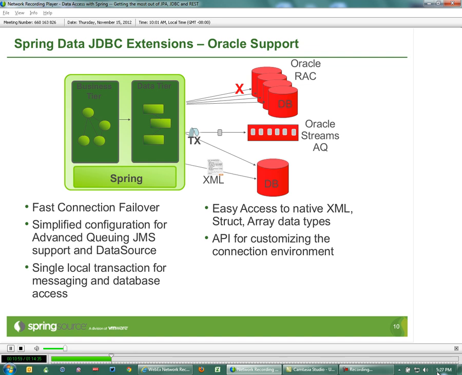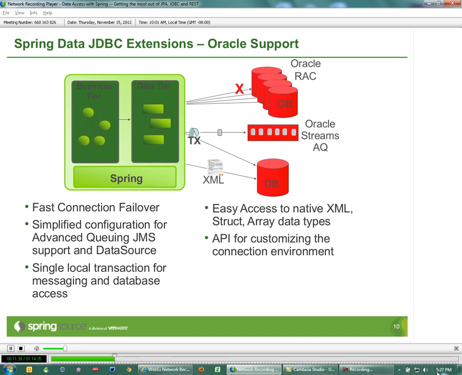The features around Oracle RAC are to have automatic fast failover when a connection drops from one of the databases in the cluster, simplified configuration around the messaging functionality, and support for, it's a quite nice feature I think of this product, a single transaction manager that's responsible both for the database commit and for the transactional messaging, which with another product would otherwise usually require a two-phase commit protocol step